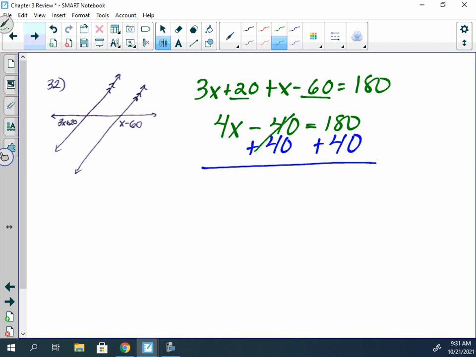This negative 40 plus 40 is 0, leaving us with just 4x equals 220. Now we've gotten rid of, there's no more addition and subtraction we can use. We have to use division. We would divide both sides by 4, which will tell us x is equal to